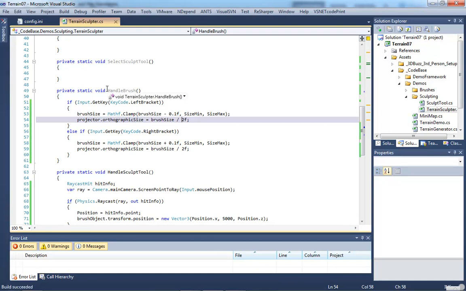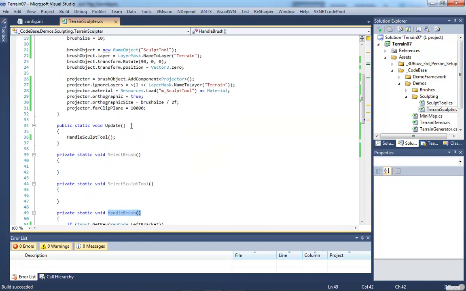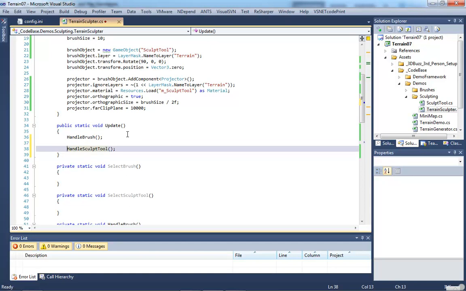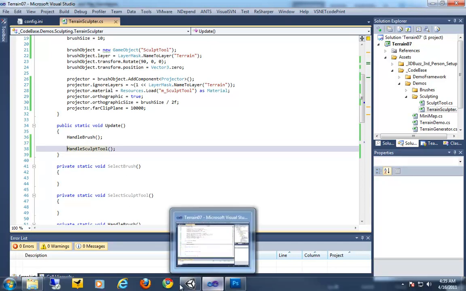So if I build that out, again, this code won't run for the same reason as our other code wouldn't run until we put it inside of our update. But I want the brush size to be adjusted before we do our sculpt tool. So we'll move that up first. So if we go ahead and hit run now,